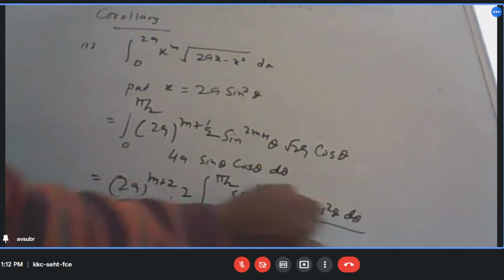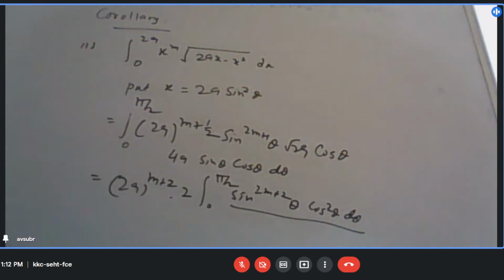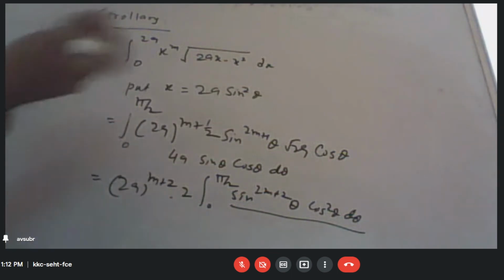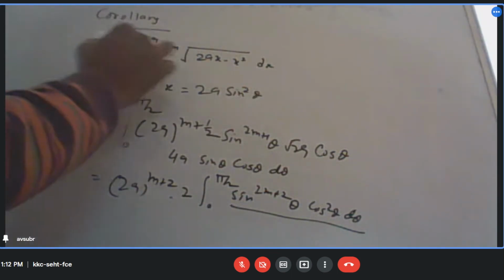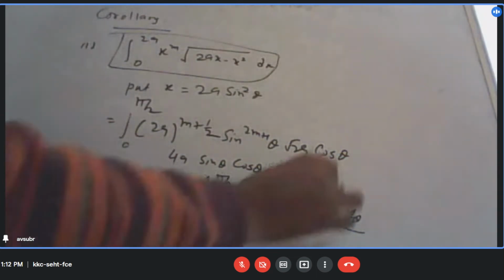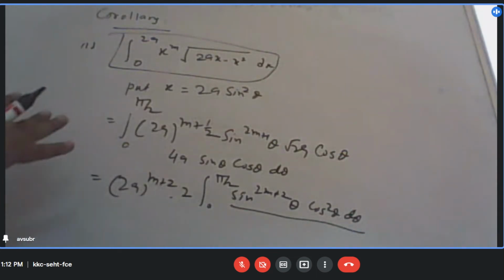अब ये उसी फॉर्म में आ गया ना, sin to the power m theta और cos to the power n theta, is it or not? Yes, sir. जहां पर m की जगह पर हमको क्या रखना पड़ेगा? 2m plus 2, करेक्ट, और n की जगह पर 2, right? So we have brought this into this form. So ये integration once we bring into this form, this already we know how we can solve it. So this is one. Another form,